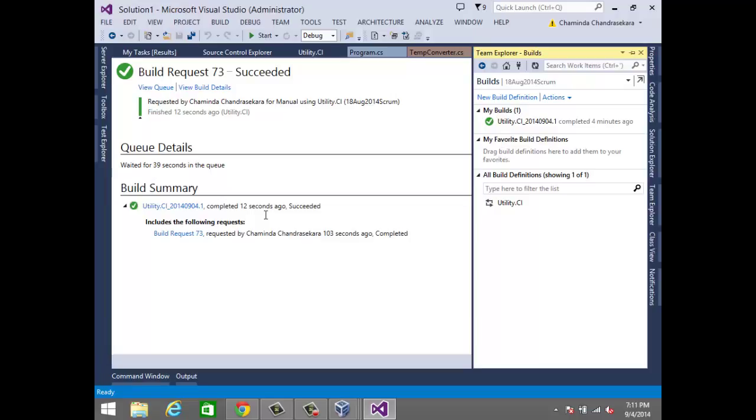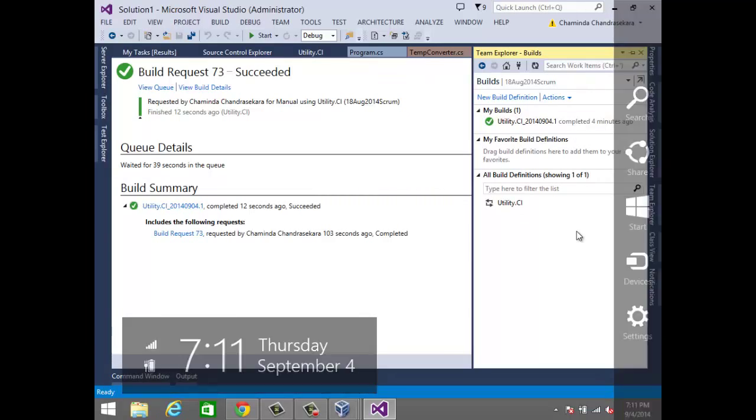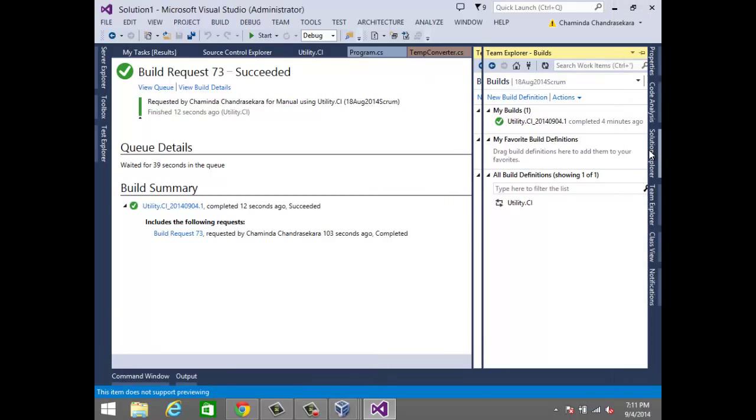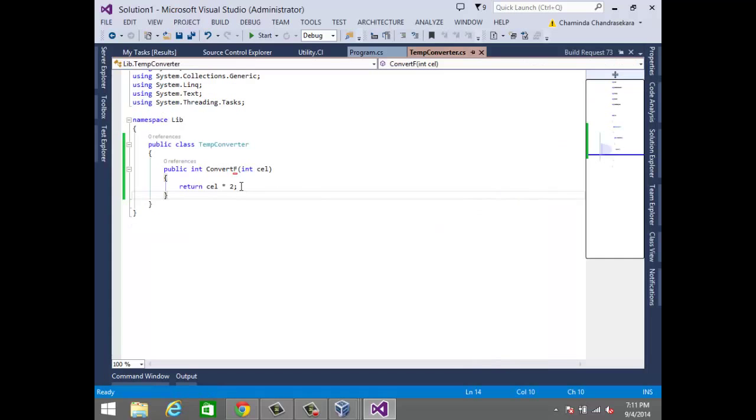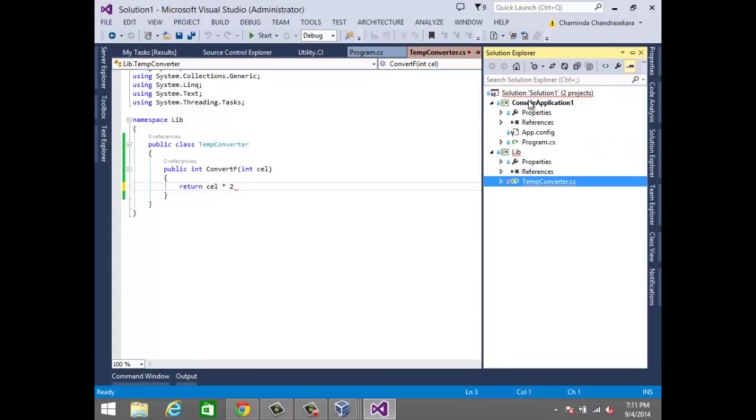First, our build has succeeded now, right? So our source code is properly working. So we will create a failure. How can we create a failure? We go to our solution. Failures are very easy. You go here and you just erase something, erase a semicolon, and just without worrying, you can see